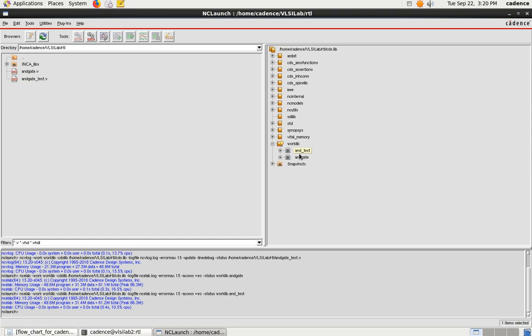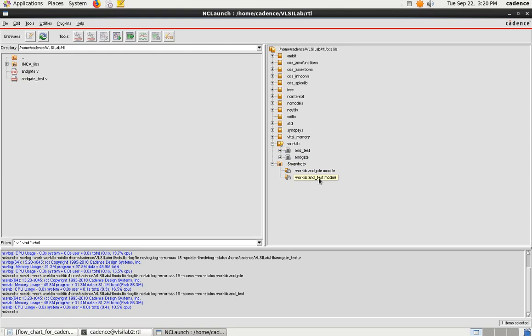So once you do the elaboration, then below this worklib folder you can see something called snapshots. In the left side you can see the plus mark, click on that. Now it will create two module folders. One is with respect to the AND gate, that means the RTL code, and one is with respect to the test module, right? Because in order to check the simulation we need this test module, or the test bench module.